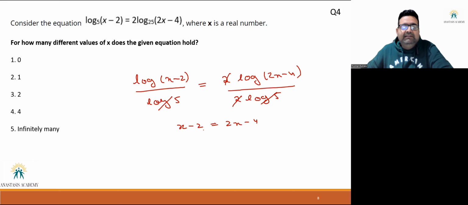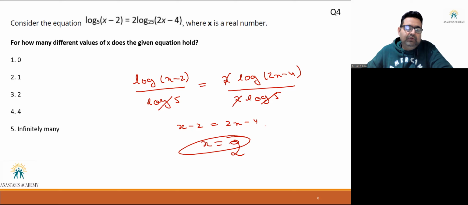But here, if you realize, this is x minus 2, this is also twice of x minus 2. So x minus 2 will come out to be 0. So x will come out to be 2. Now, the intuition is they have asked you how many different values there are. So the intuition is to take one value, x equal to 2. But we always talk about in log class that whenever you're dealing with log, the value inside log can never be 0 or negative.